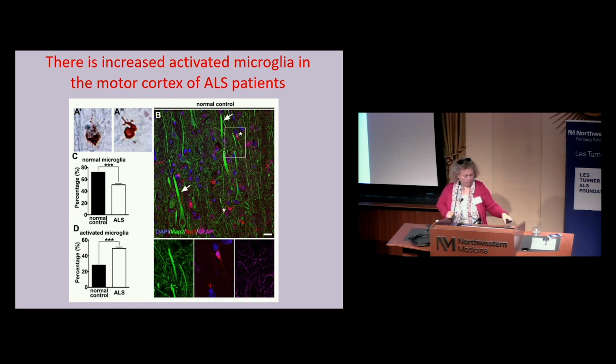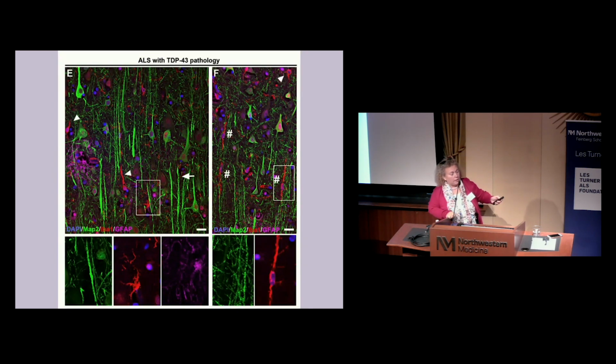And in the normal case, you can see the Betz cells, the large motor neurons in the brain. They have a very long apical dendrite. And you would see one or two, not very many, astrocytes nearby. But when it is diseased, you will see that astrocytes change their shape, which we call activated astrocytes, and they also have microglia, IBA1, and we see very long shapes, and then they are usually